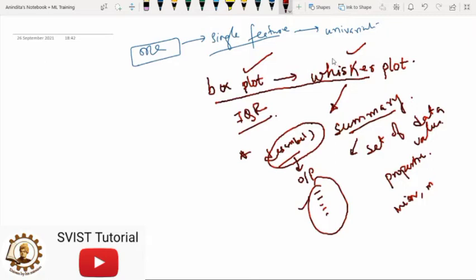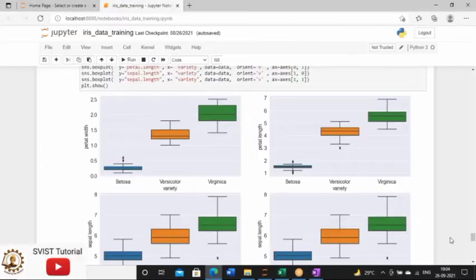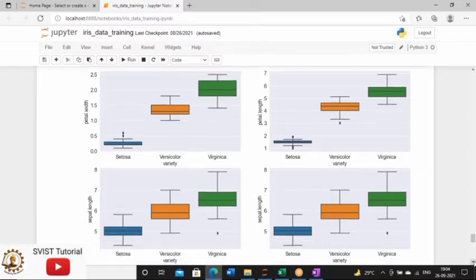So we are going to do the same thing with the box plot that we use with the describe plot. So now try to understand what it is showing. From this, if you visualize this outcome very carefully, you will find that for each and every column I have created one separate box plot where 3 species are clearly depicted. But one thing you can see that, see here, petal dot width means left top one.